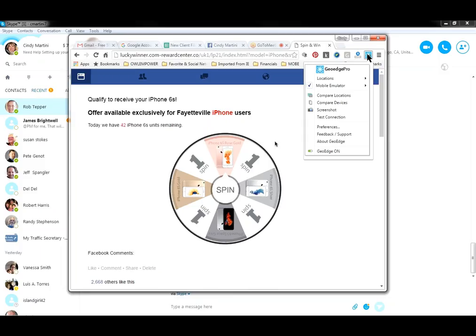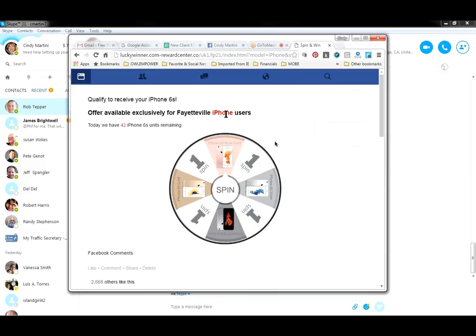The fact is that this lander knows that you're in Fayetteville and it knows that you're on an iPhone, but you happen to have a UK IP address. That doesn't affect what my landing page says. It affects the offer when you get to the offer page. It's going to know that you're in the UK. It doesn't care that you are in Fayetteville. So is that what you want it to be? Yeah, is that what I am seeing?